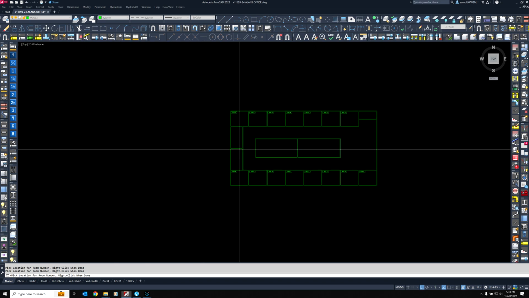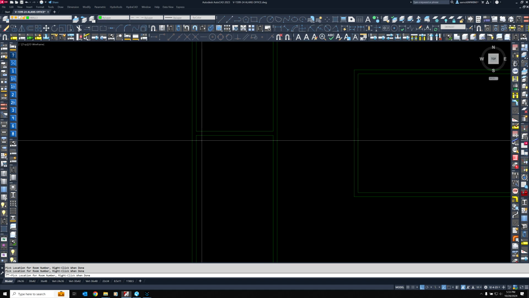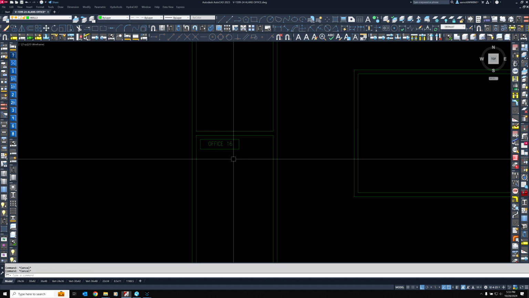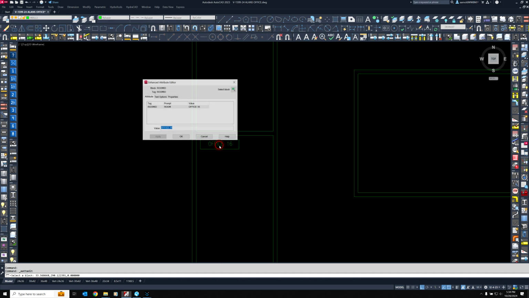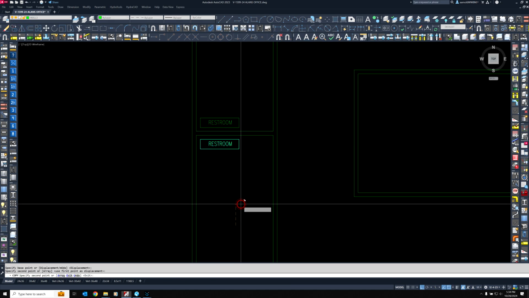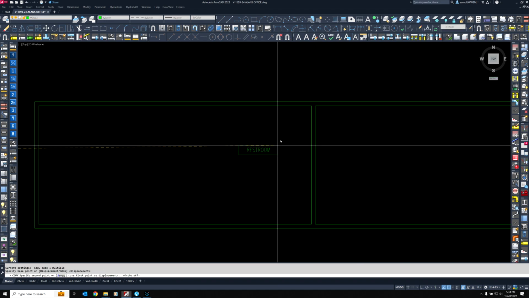All right, now I can go back into room tags and type in the name, or I can just keep inserting this, hit escape. Now I'm out of that command, and if I double click inside of this one, I can just change the name without going back through the toolbar. Copy, and now I've got 2 restrooms labeled. And instead of